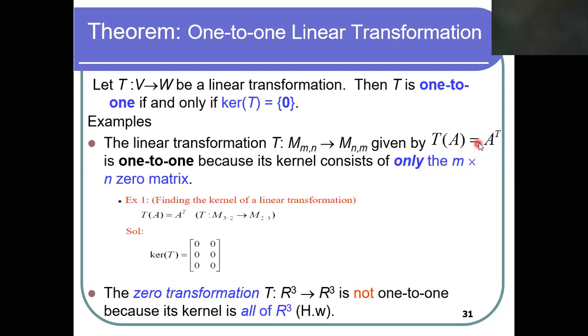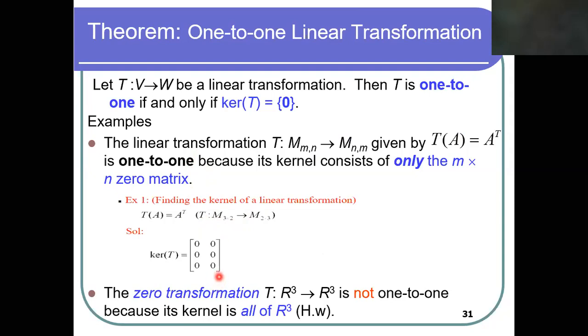So this transformation is fundamentally the transpose of a matrix A. This is always one-to-one because the kernel consists of only the zero matrix. Let me elaborate this with the help of one very small example. If I take T as a transformation from 3 cross 2 matrices to 2 cross 3 matrices, then the kernel of the transformation is, dear student, always